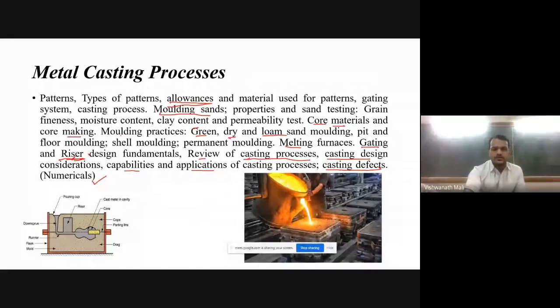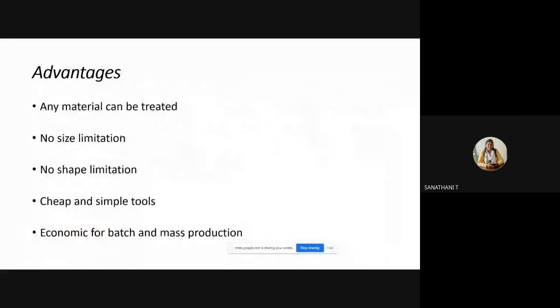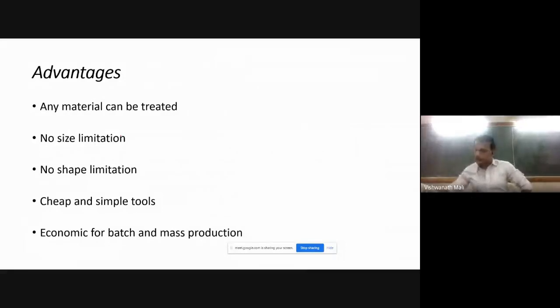So let's start with the first point. Excuse me, sir, there is a small doubt regarding quiz 2. Just wait.